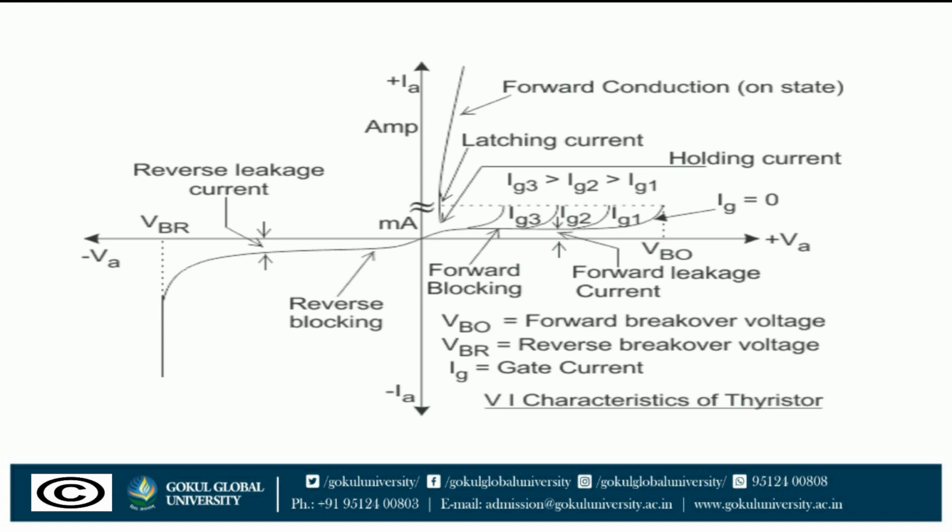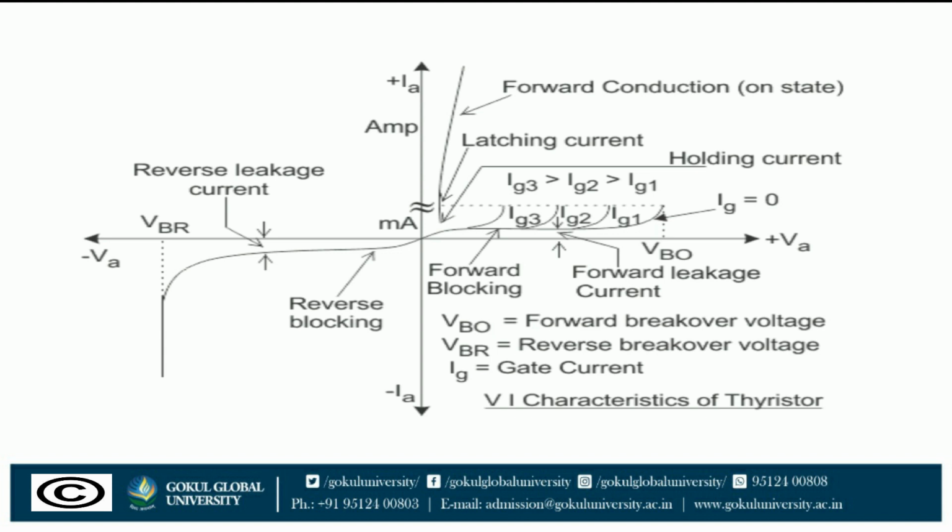The forward voltage at which the device switches to on-state depends on the magnitude of gate current. Higher the gate current, lower is the forward breakover voltage. When positive gate current is applied, the gate P layer is flooded with electrons from the cathode. This is because the cathode N layer is heavily doped compared to the gate P layer. As the thyristor is forward biased, some of these electrons reach junction J2.